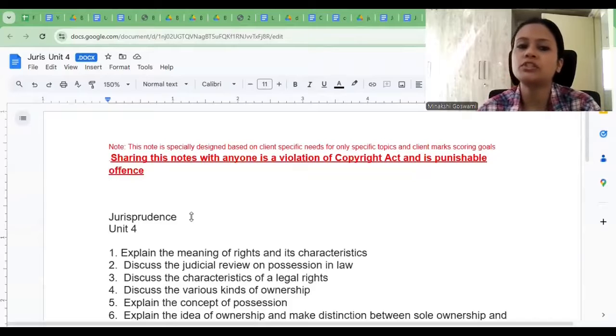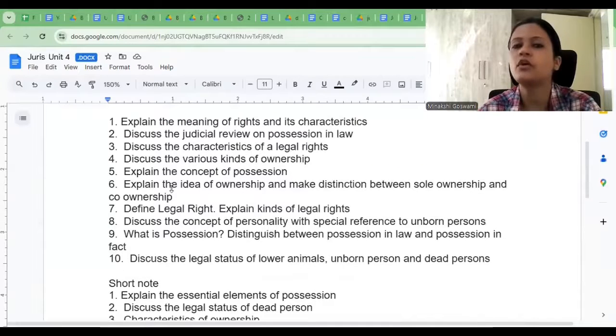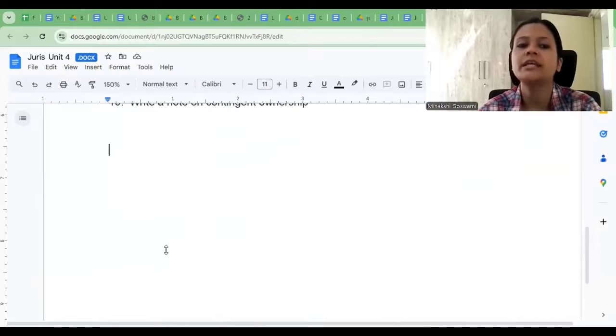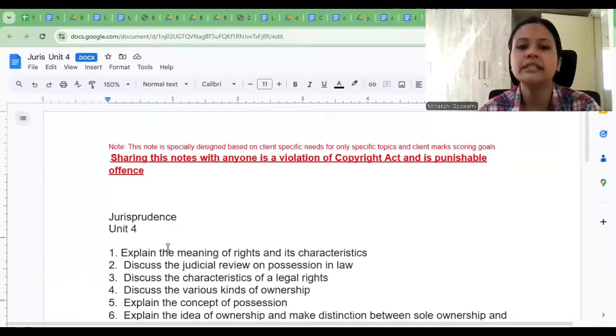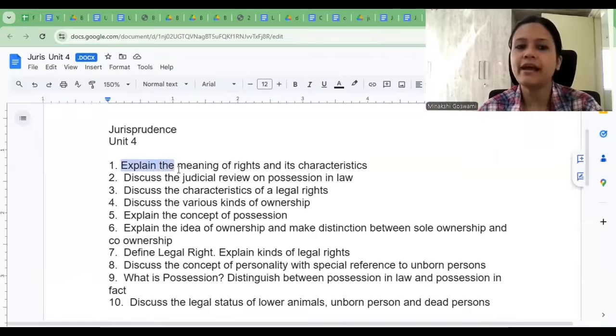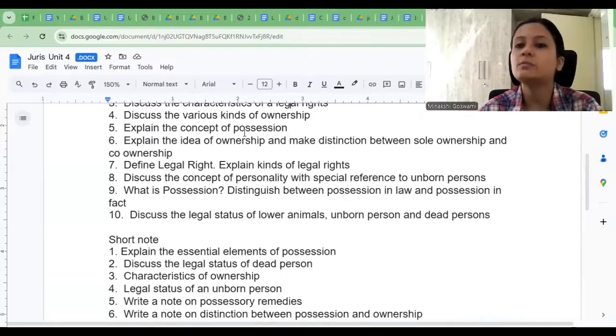Now we will look at the important questions from Unit 4 of Jurisprudence. For long questions, we have 10 questions, and for short notes, again, we have another 10 questions. So, firstly, we have: explain the meaning of rights and what are the characteristics of rights, discuss the judicial review on possession in law, discuss the characteristics of a legal right, discuss the various kinds of ownership, explain the concept of possession, explain the idea of ownership, and make distinction between sole ownership and co-ownership, define legal right, explain kinds